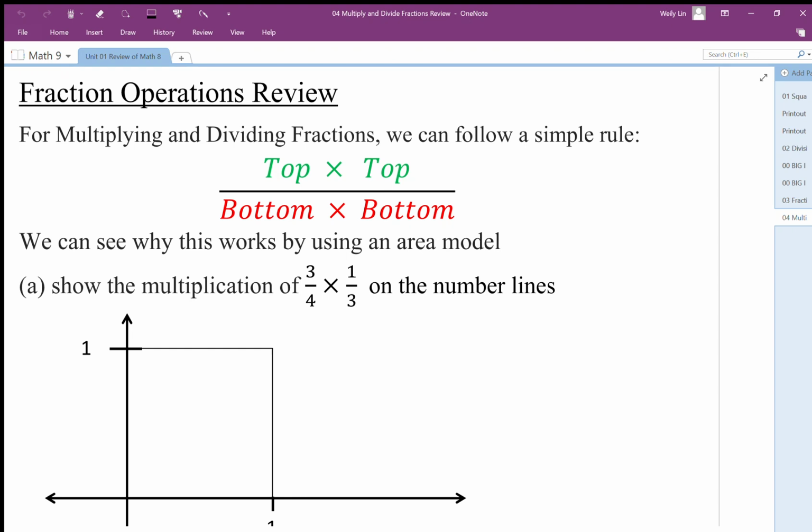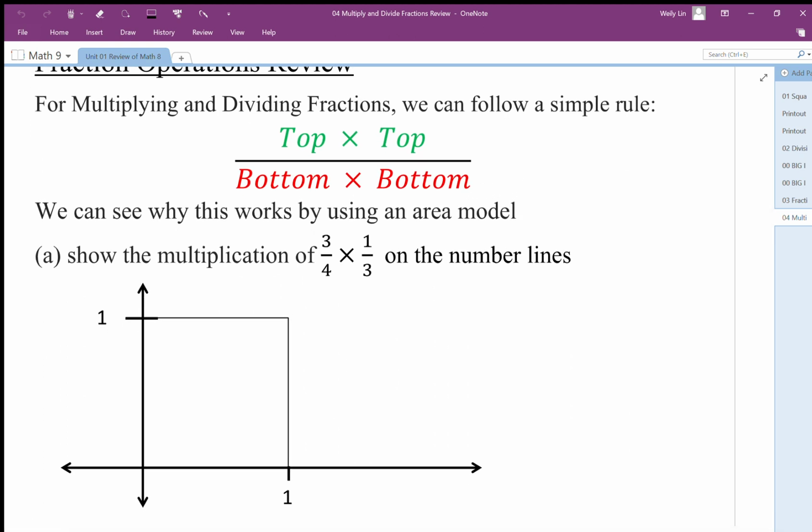When we multiply fractions, we can follow the rule top times top and bottom times bottom. To see how this rule works, we can look at the area model. So when we look at the multiplication of 3 over 4 times 1 over 3, we can show for the